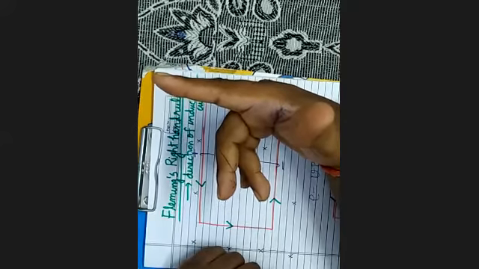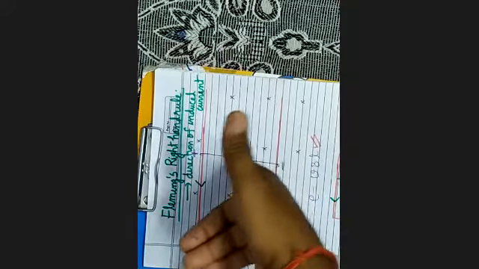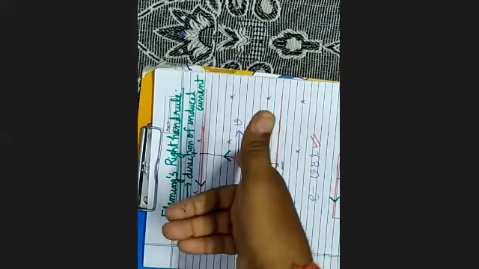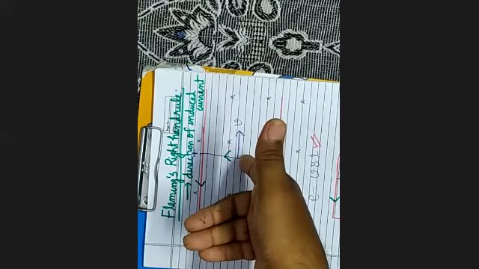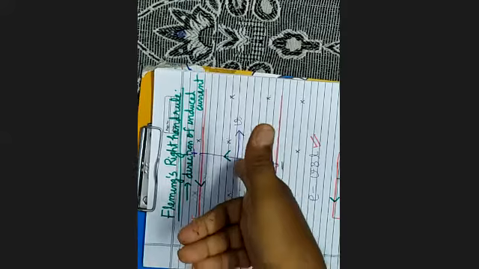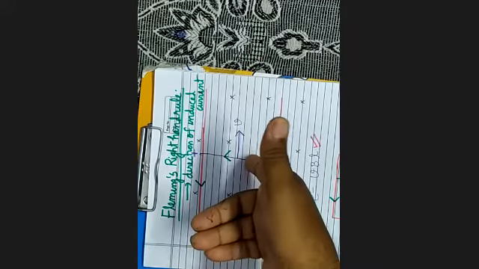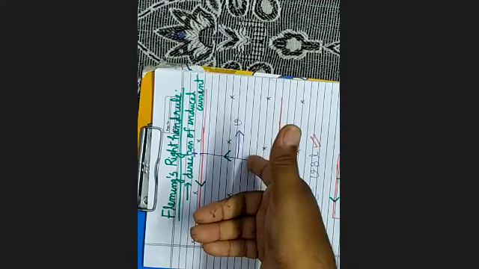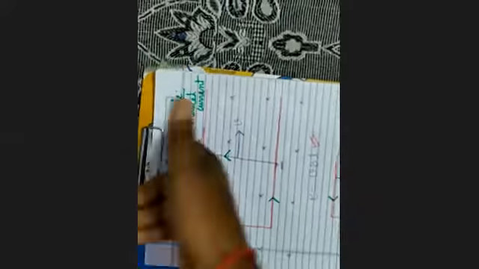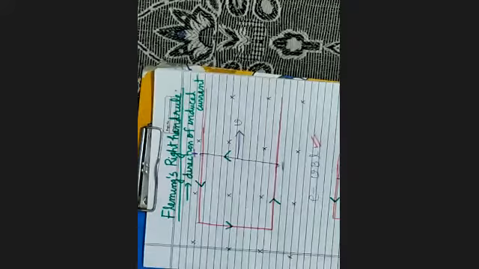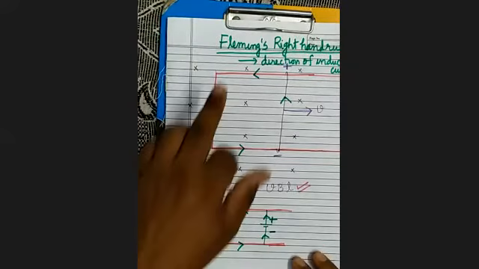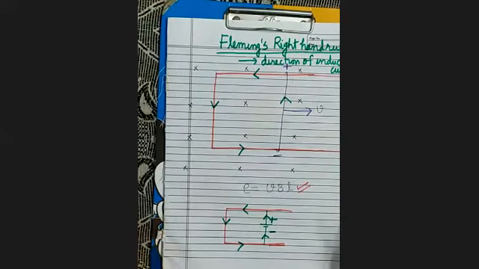हम उसी तरीके से एडजस्ट कर ले. अगर यहाँ एडजस्ट करें, you can see here thumb is in the direction of velocity, forefinger is in the direction of magnetic field. तो मिडिल फिंगर की डायरेक्शन क्या है? इस तरफ. मिडिल फिंगर इज फ्रॉम इन दिस डायरेक्शन, मींस करंट इज फ्लोइंग इन दिस डायरेक्शन. And when current will flow, so by right hand rule you can determine the direction. When current will flow, then it will experience a force.